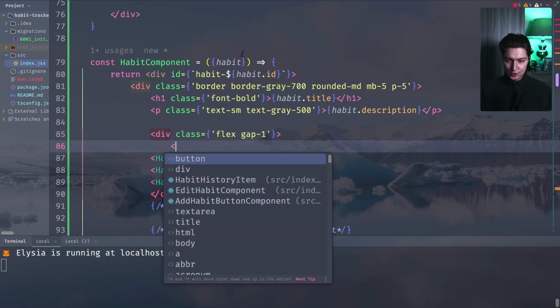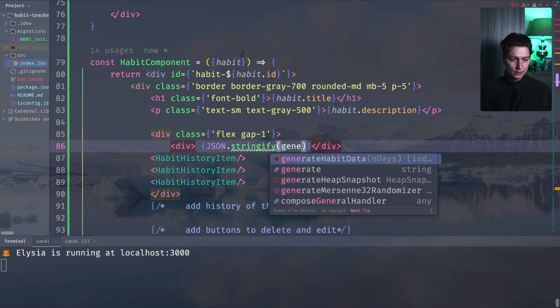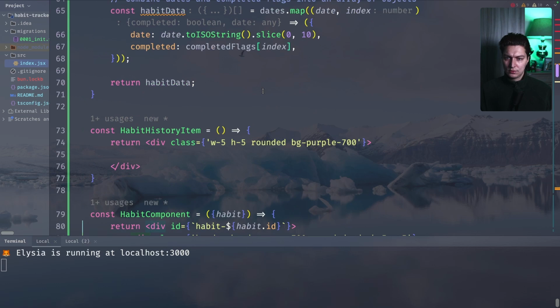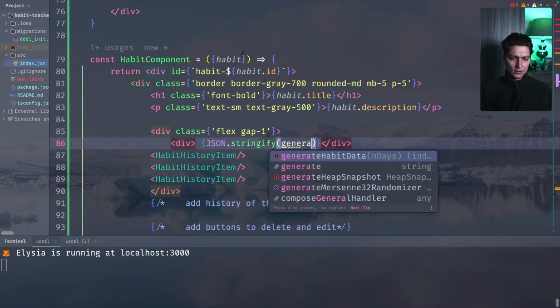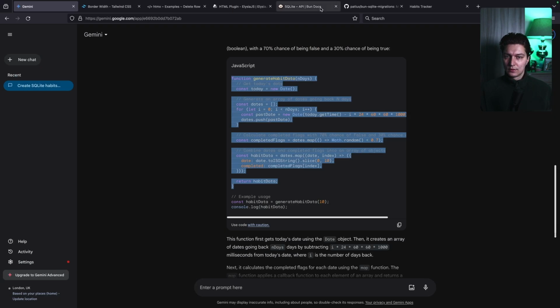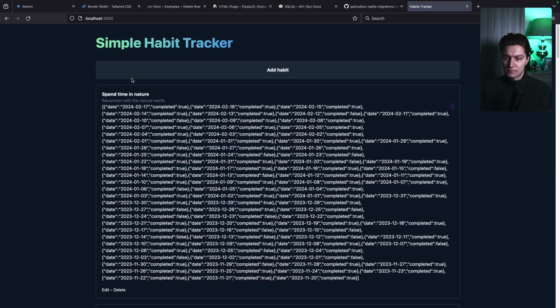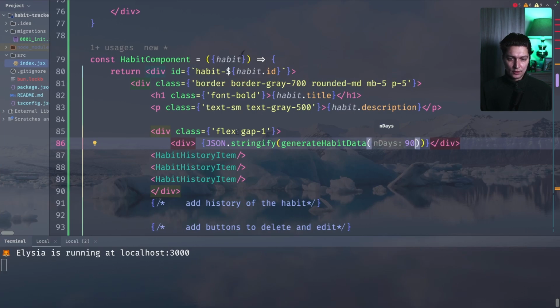Let's just do a div. And we want JSON, generate, how it's called, habits data. Yeah, okay. Data 90 days. Yeah, okay. So we have this list,